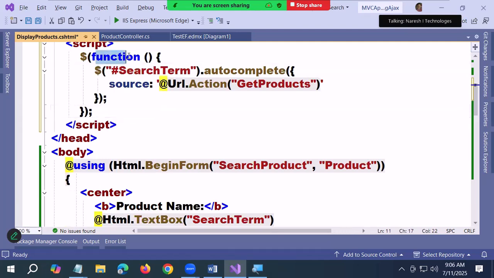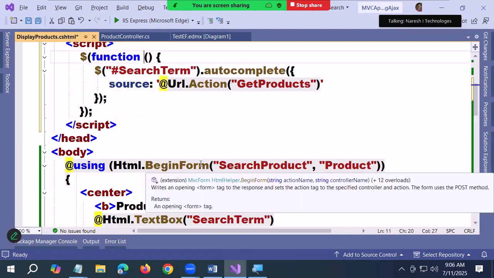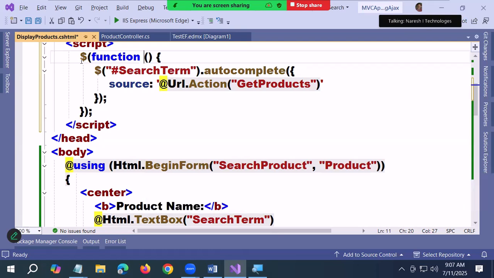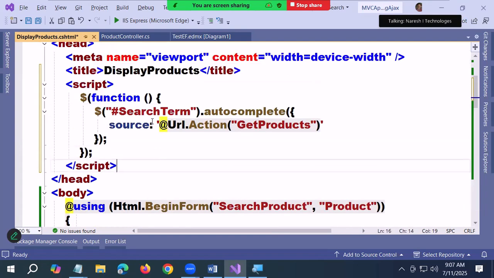Dollar function. This function doesn't have a name. It's an anonymous method. Remember anonymous methods in C#? A method without a name. This is an anonymous function. If you write a normal function, you're required to call it somewhere. But anonymous functions are directly linked. We don't need to call it specifically anywhere. This is an anonymous function linked with